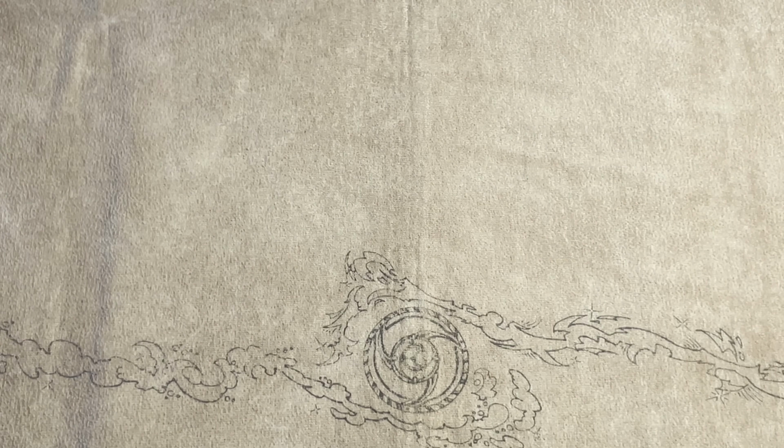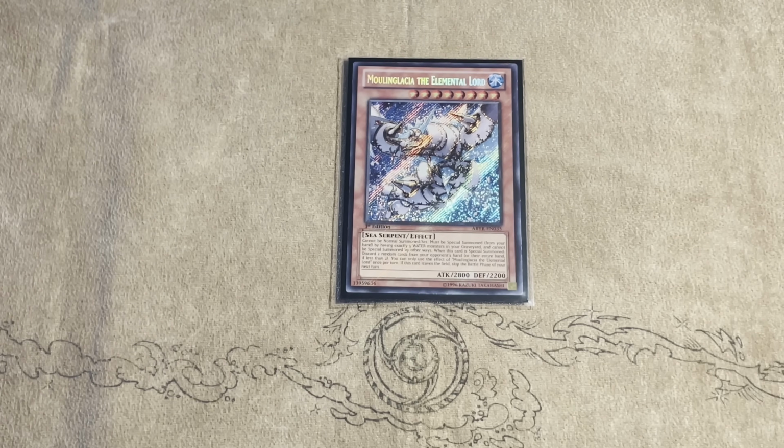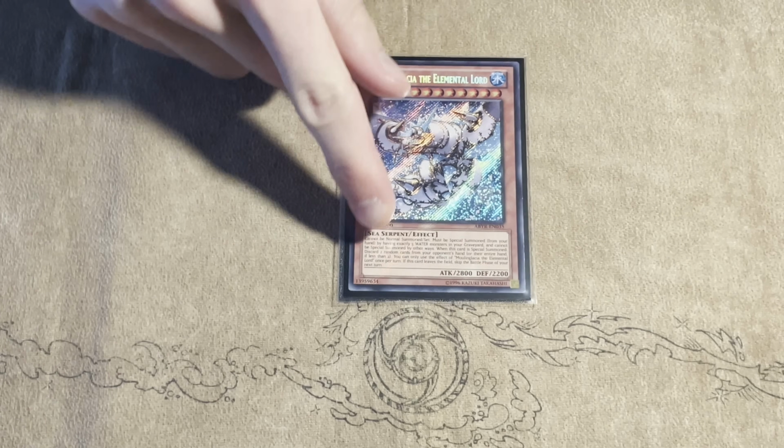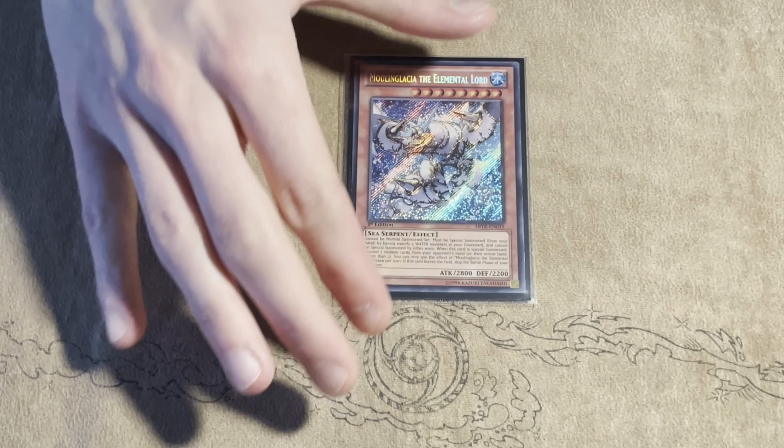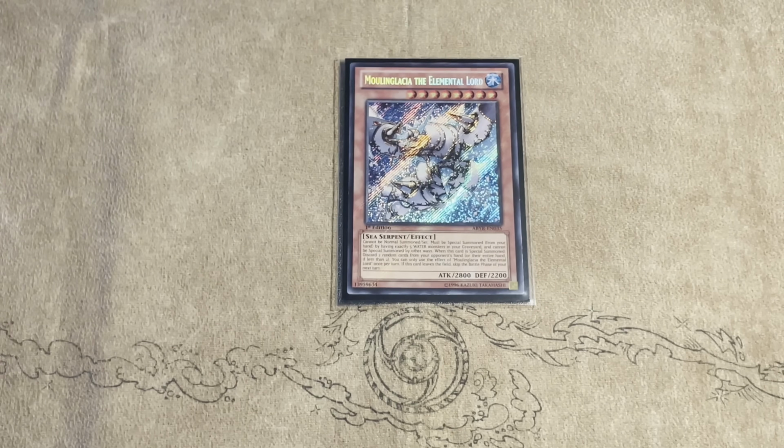And for the non-Merlantian monsters, I'm playing 1 copy of Mooling Glacier, the Elemental Lord. You summon this in nearly every single combo, and the reason why it's so good, apart from ripping 2 cards from their hand and leaving them with only 4 cards to their turn, is you get to see what they're playing. So if you go first to game 1, and you get to summon Mooling Glacier,